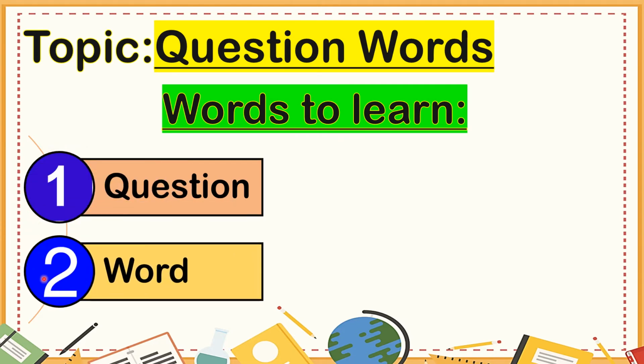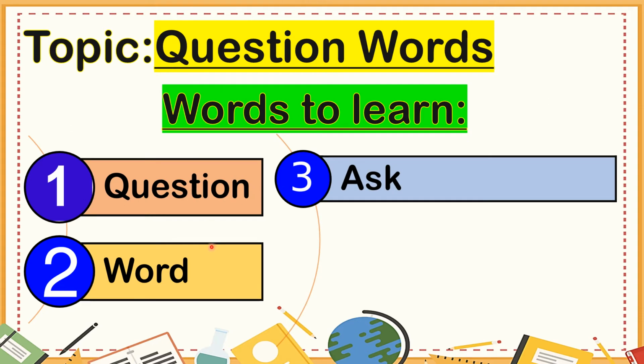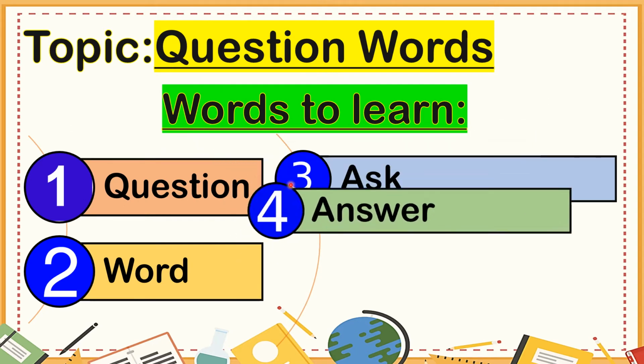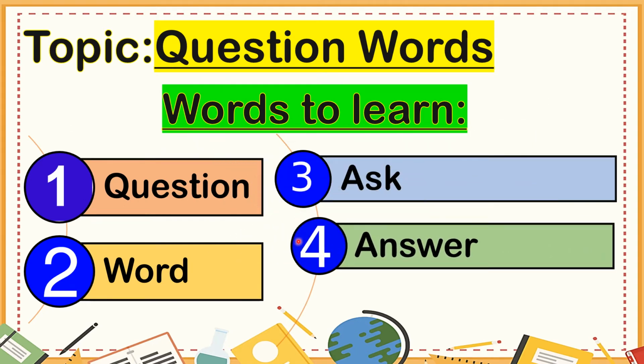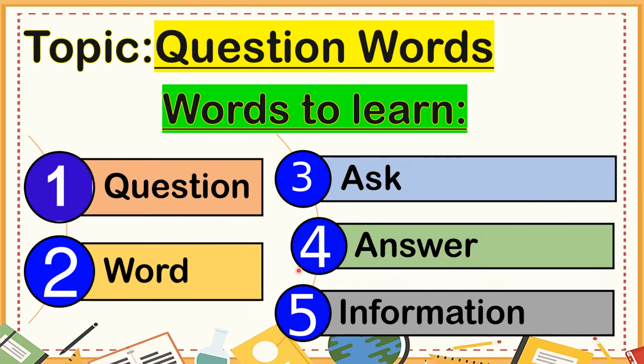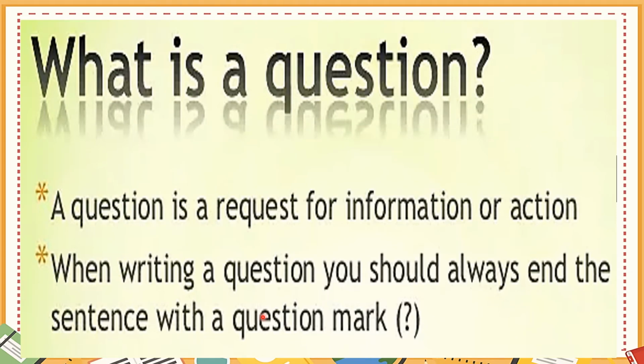Number 2, word. Number 3, ask. Number 4, answer. Number 5, information. Now class, let's have a short discussion about these 5 words. First one is question. What is a question? A question is a request for information or action. When writing a question, you should always end the sentence with a question mark, in which we have discussed last